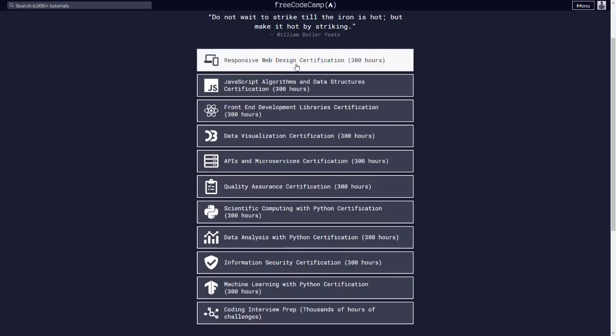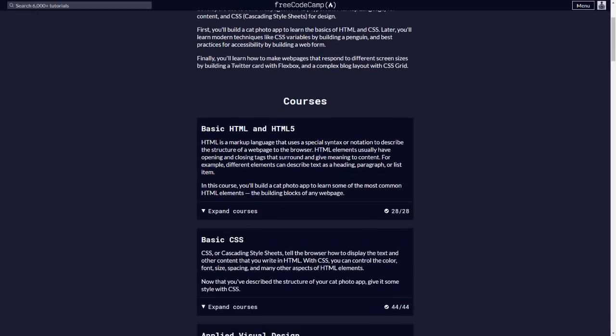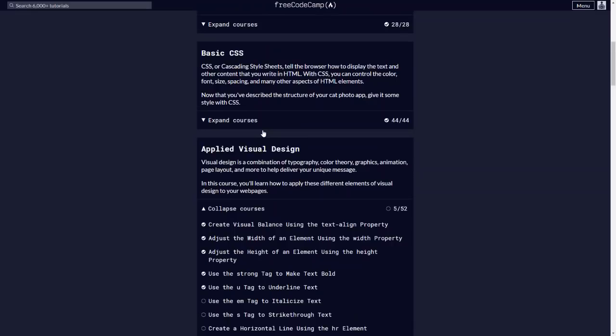So we start with the responsive web design certification. This is, as the website tells us, a 300 hours worth of course, and it contains several modules. The first one being basic HTML and HTML5, and then we go